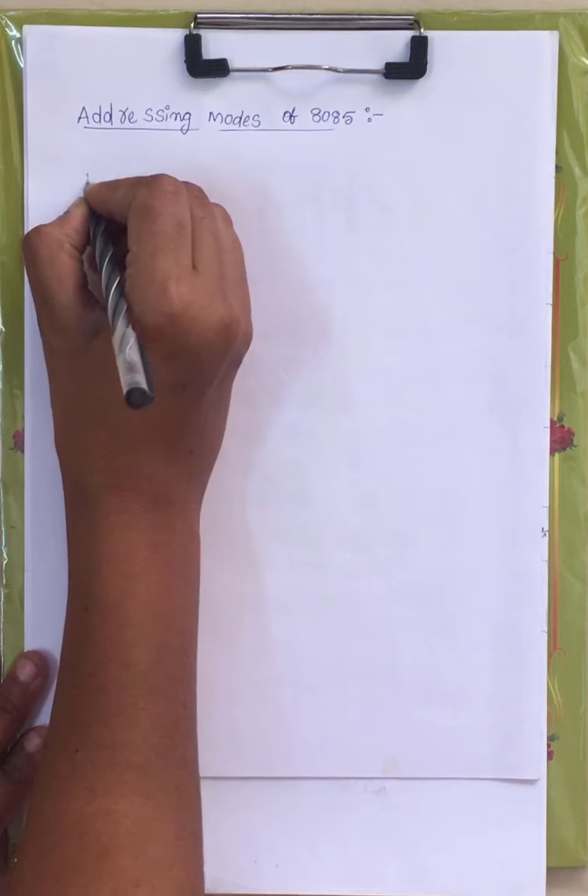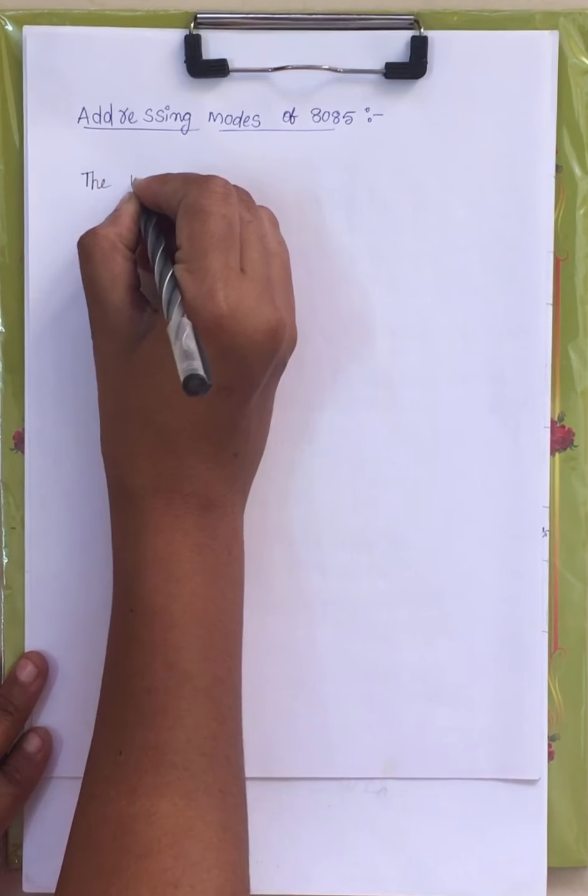Now all those instructions specify their operation, either between register to register, or register to memory location, or register to immediate data. The way we are specifying the data to be operated by an instruction, that is nothing but your addressing mode, right? Addressing mode is nothing but the way of specifying data to be operated by an instruction. What is meant by addressing mode?